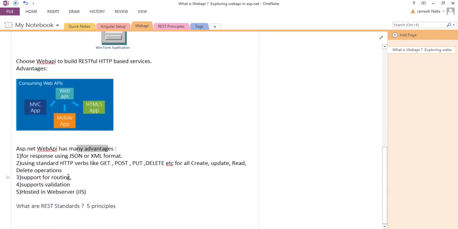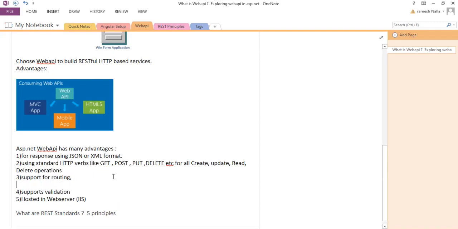And it supports the routing concept. Routing is nothing but navigation based on the route. I can give an example here itself. Let's say I have a movie application that is hosted at localhost:12345, where 12345 is a port number, and this is movies.